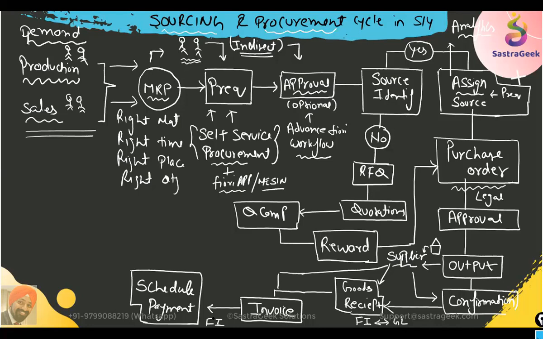In this process, for output management, we have a new tool called BRF plus. The outputs can be managed through BRF plus in a much easier way now, without the use of condition techniques, which was a very complicated way of doing it in ECC. For confirmation, we have advanced Fiori applications which help track the confirmations. Goods receipt can also be easily done from your purchase order transaction itself. We can select the purchase order and directly jump to do the goods receipt, rather than typing a separate transaction.